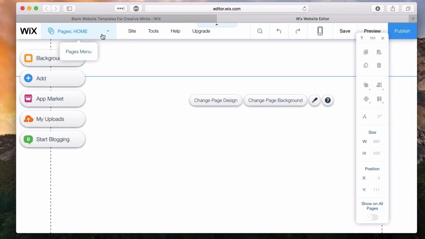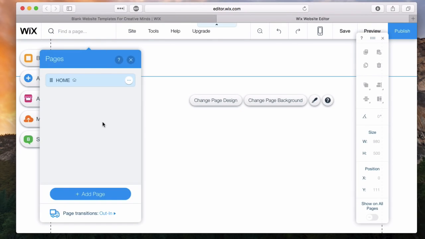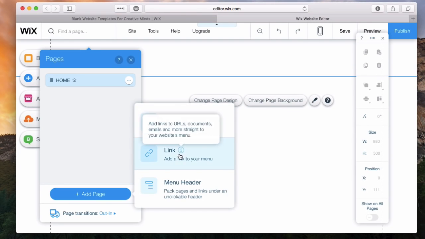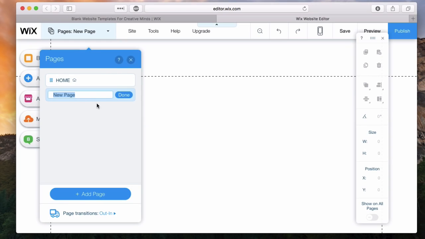The very top is your nav bar. This is where you go ahead and add pages to your website. So if you want a contact page, an about us page, what have you, you would add them through here. You simply click add page, decide what type of link you want to add. If you want it to be a whole new page, if you want it just to be a link to your menu, a menu header. If I clicked on page here, it's going to go ahead and create a whole new page,